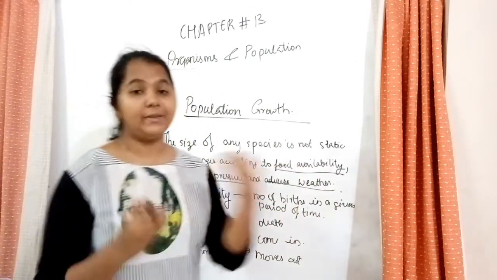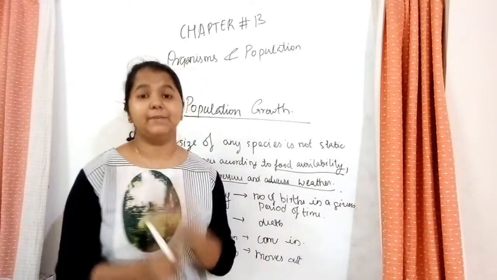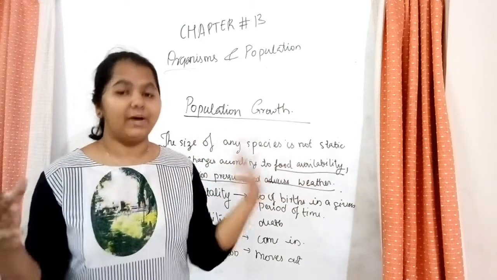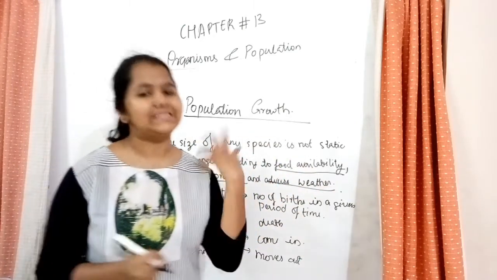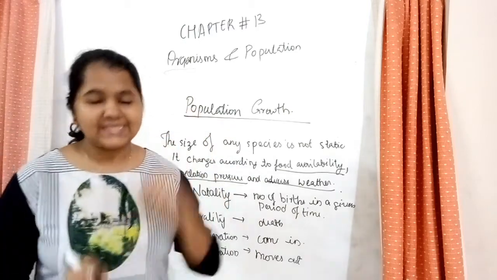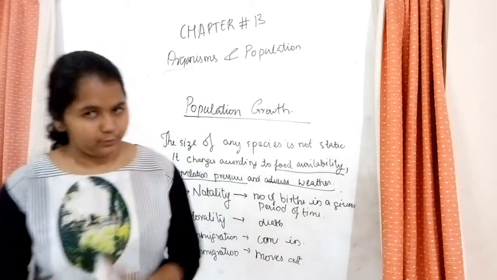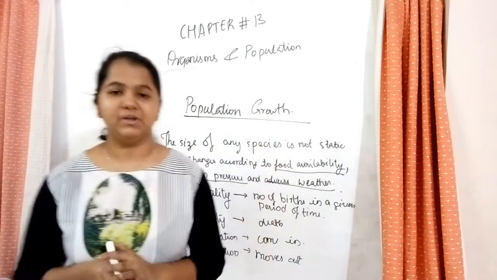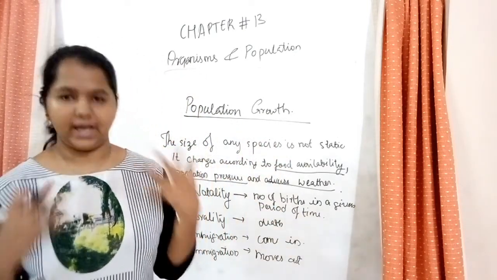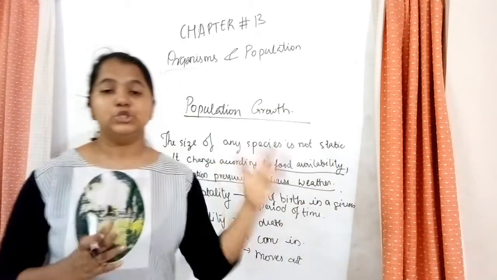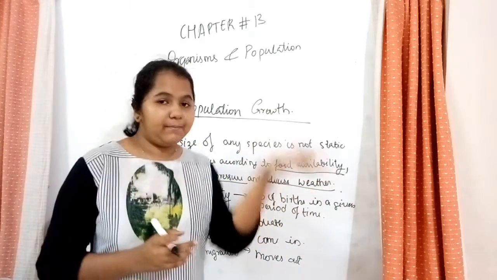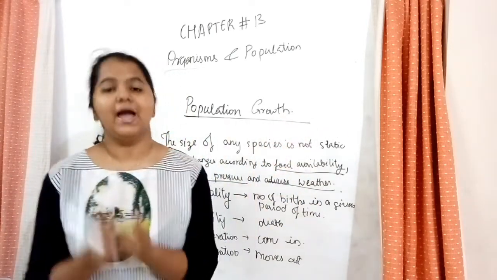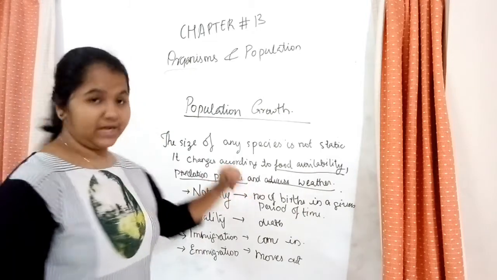What do you mean by food availability? If a herbivore is in a place where there are not many plants for it to eat, what would happen? It will start dying. There would be a decrease in number because there is more competition for food. To talk about predation pressure, if there are so many rabbits in a grassland where there are a lot of lions, obviously the lions would chase the rabbits and hunt them. So the rabbit becomes the prey, and there is no other way than surrendering as prey. That is predation pressure.